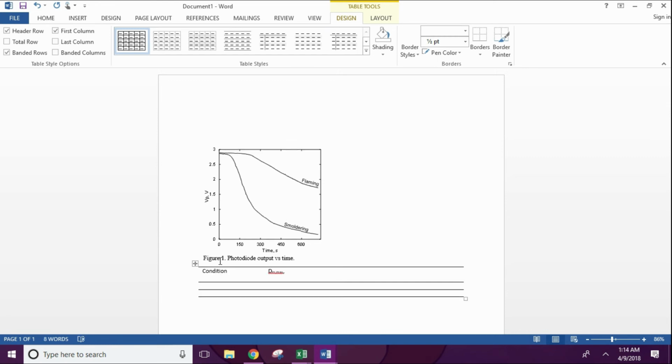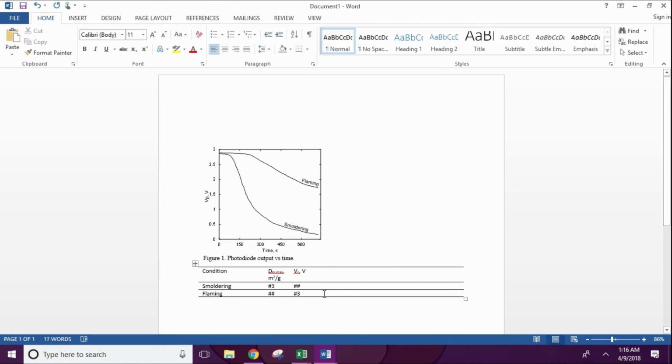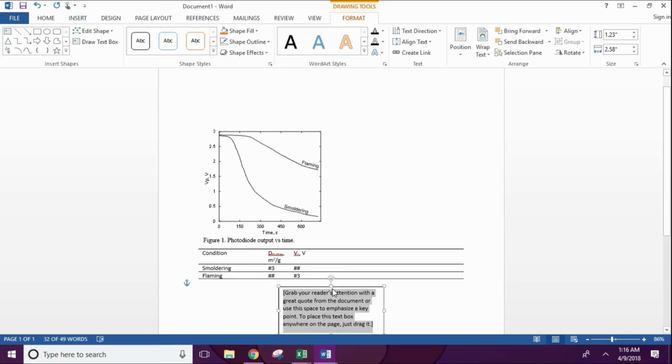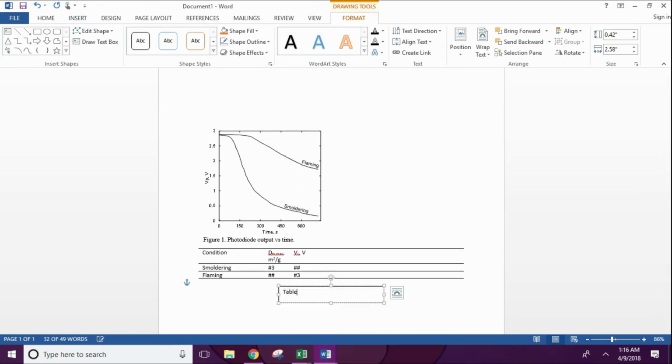To label our table, I'm going to point out now that doing a subscript in Microsoft Word is much easier than in Excel, because all you have to do is press Control+ if you're on PC or Command+ if you're on Mac, and then in order to get out of it, you just press it again. I didn't show this earlier, but this is how you should treat all of your figures and tables within a lab report. You want to create a text